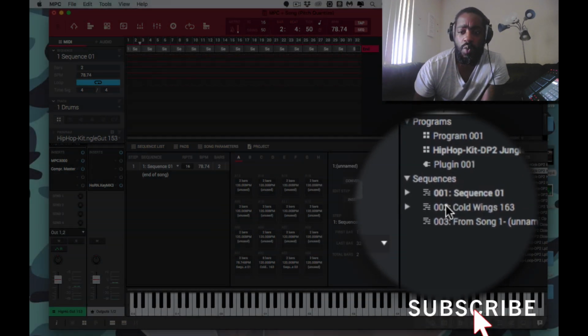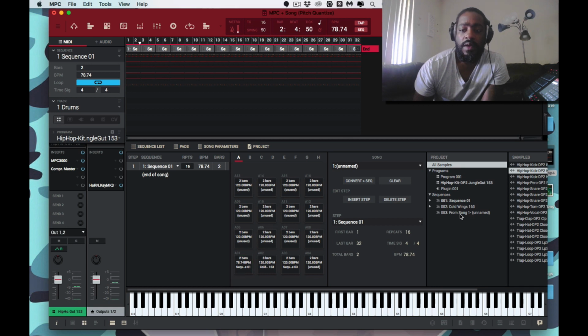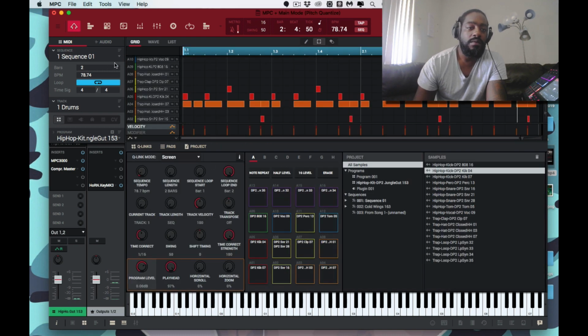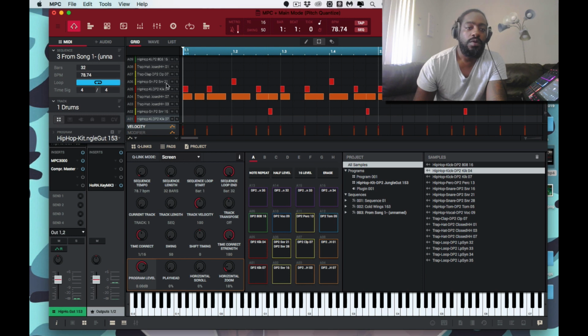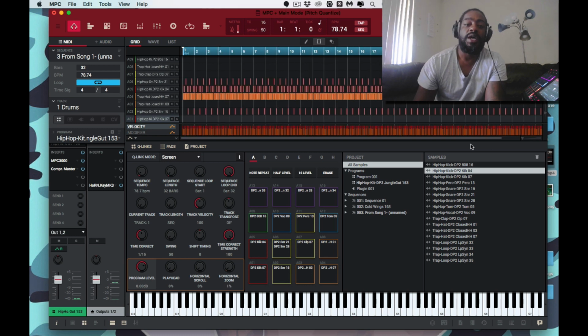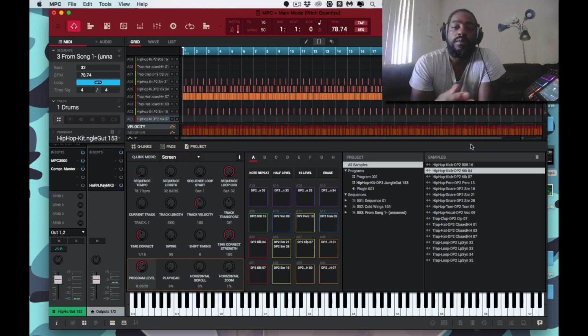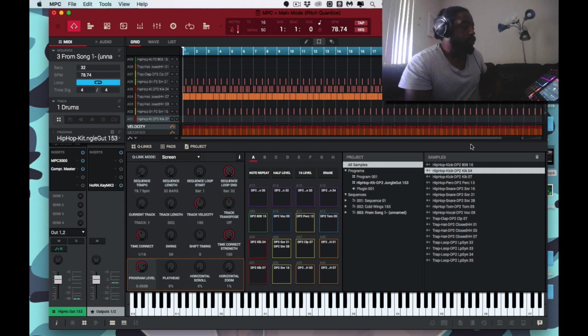So as you can see, I got 1, 2, 3 sequences now from song unnamed. All right, so now I'd go back to main and I'd go to from song unnamed. Now I have 32 bars, but it's pretty much the same loop. It's the same 2 bars just looping for 32 bars, which can work if it's really John Blaze like that. It could work, but we're going to go into